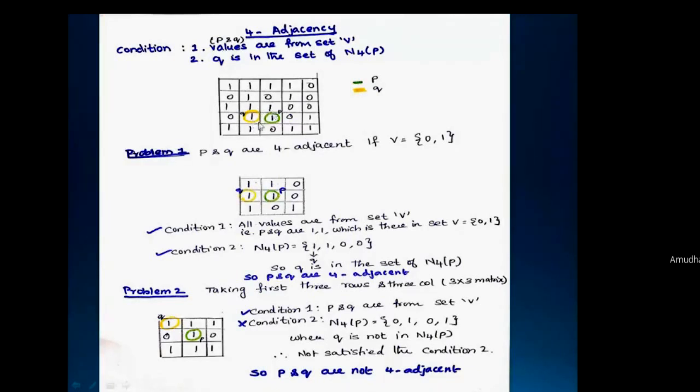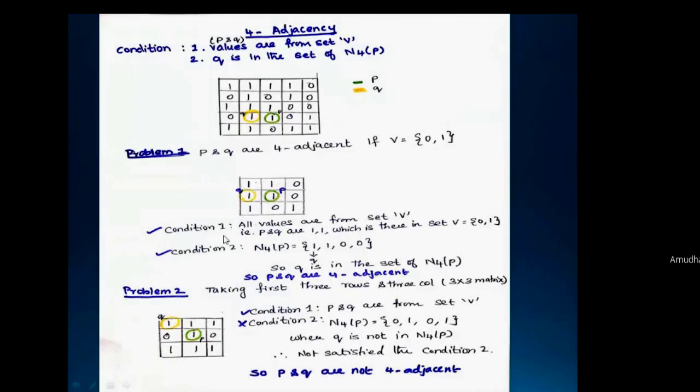I always consider the P value. First I will rewrite in the answer whatever P pixel, that I'll consider as a center point, and I will write all the 8 neighbors of that. So in this matrix, I'll consider this P and write the surrounding immediate pixels of P. If you see here 110, 110, 101, I've taken and separately written it. And here the V value is given as 0 and 1. So this is the question given.